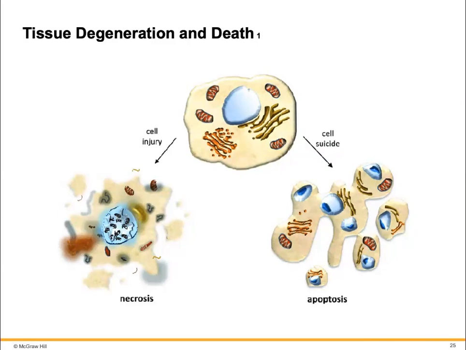Now, the difference between necrosis and apoptosis. Necrosis is a pathological tissue death due to trauma or toxins or infections. There's 2 major types of necrosis: infarction. Some people may be familiar with myocardial infarctions, which essentially is the sudden death of tissue when blood supply gets